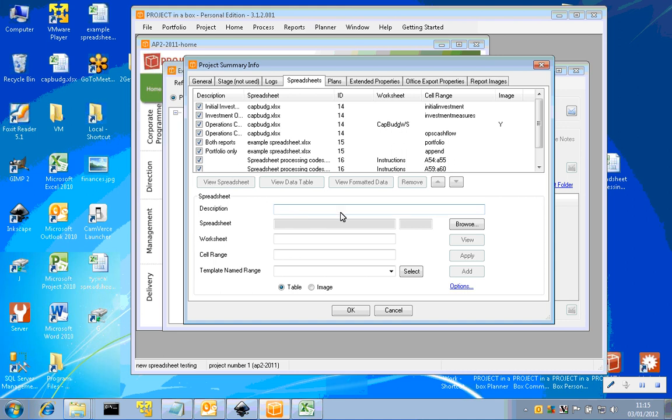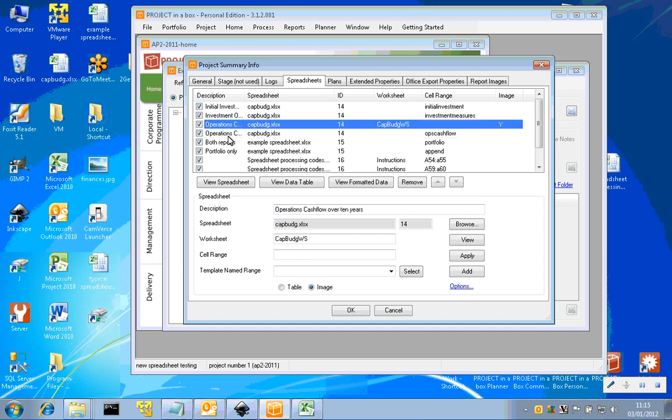So the description, if there is one given, will be what's used as the heading in the report section. So rather than it coming up and saying spreadsheet, example spreadsheet XLSX, portfolio data range, it'll instead give the title we've asked it to do, which in this case says both reports, but could be something a little nicer like operations cash flow over 10 years. So just allows the presentation of that to be a little bit nicer,